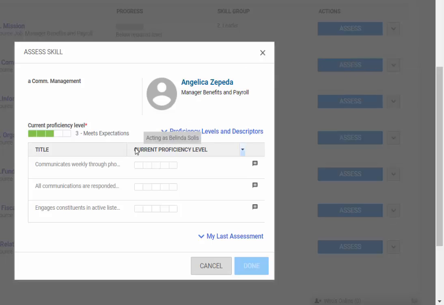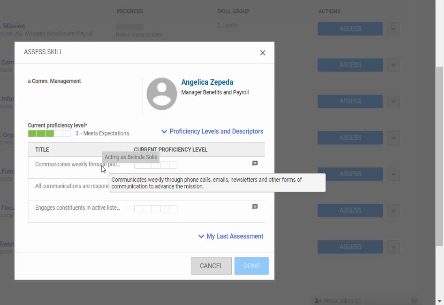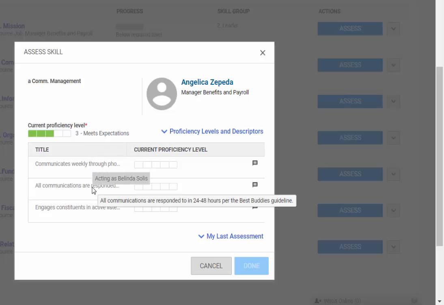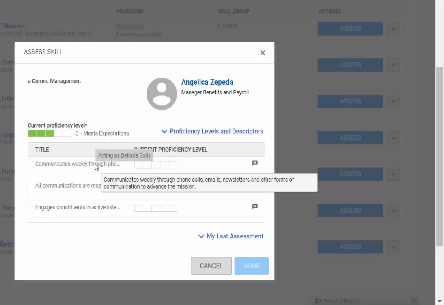If I hover over the skill, the description, the behavioral indicator will come up. So the first indicator for if she's at the skill level of leader is communicates weekly. Let's see if I can get it up again. Communicates weekly through phone calls, emails, newsletters, and other forms of communication to advance mission.